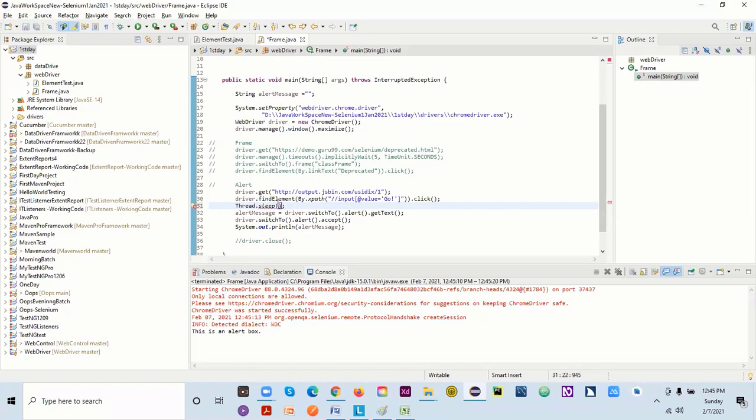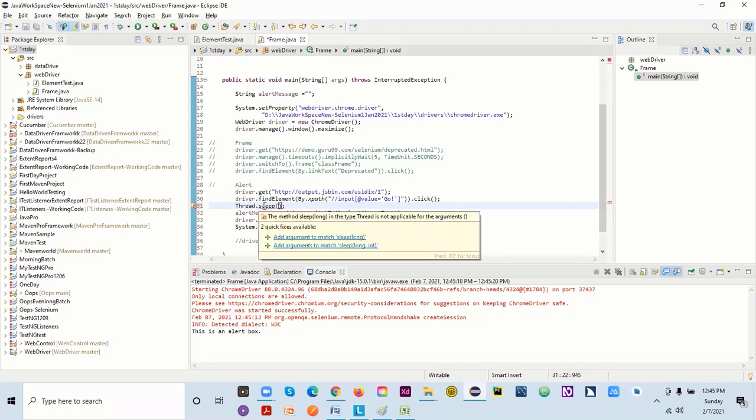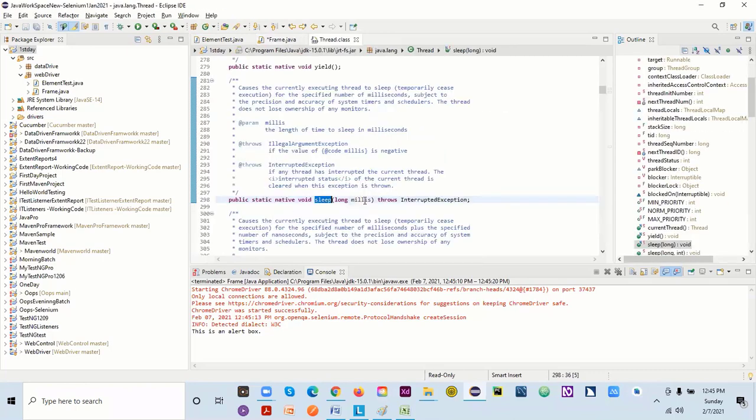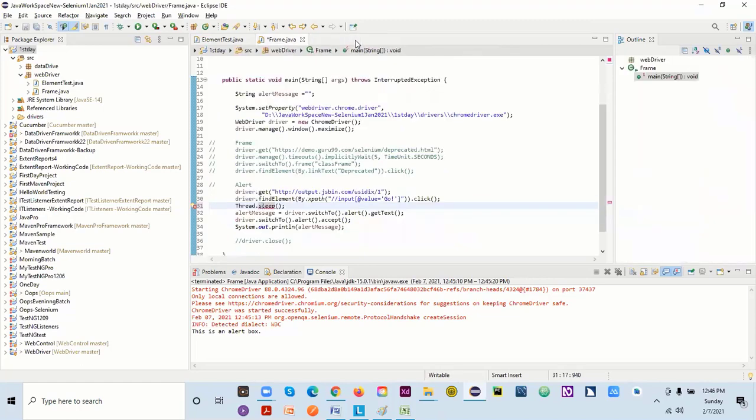So if you come here, what it's saying is, let me go to that declaration. The value which you will give for this sleep will be in millisecond. So that's why when we were giving a 5, it was not working properly. It was doing everything very quick actually. But we never recommend this when they are really working on any framework.